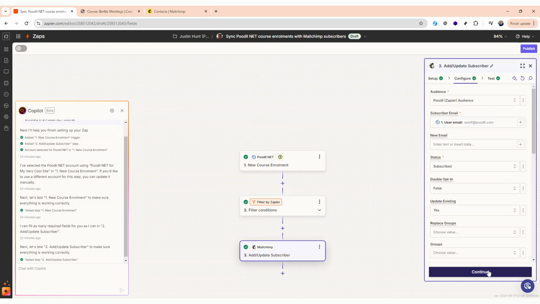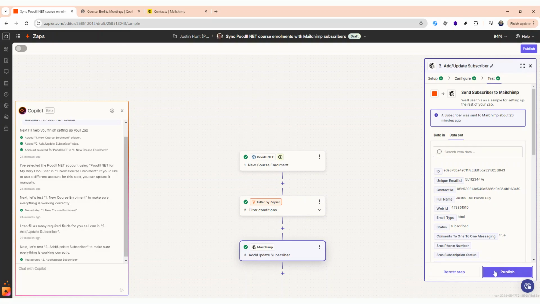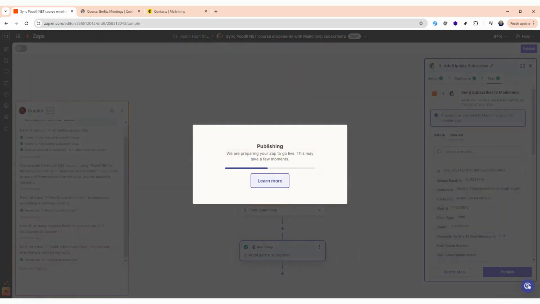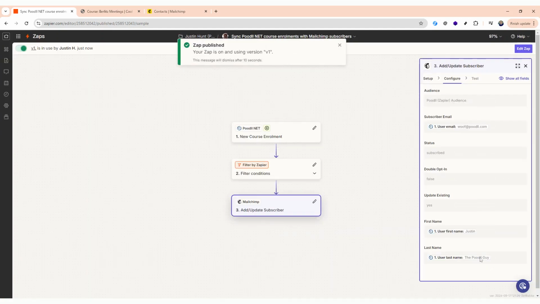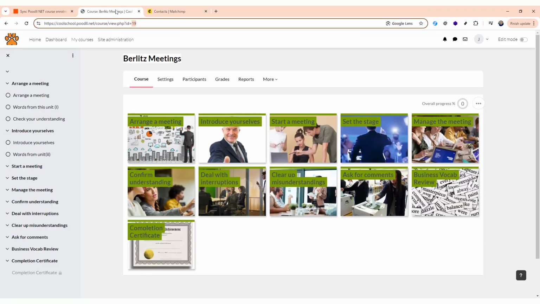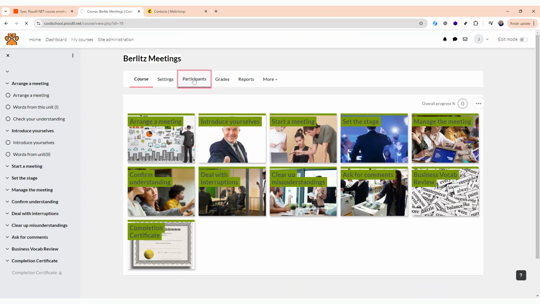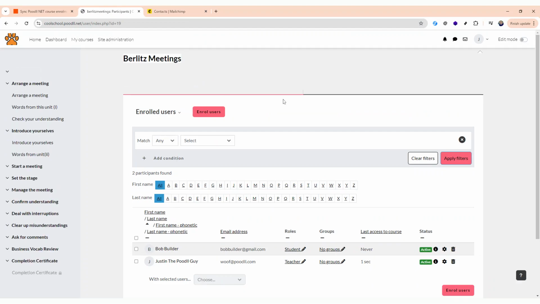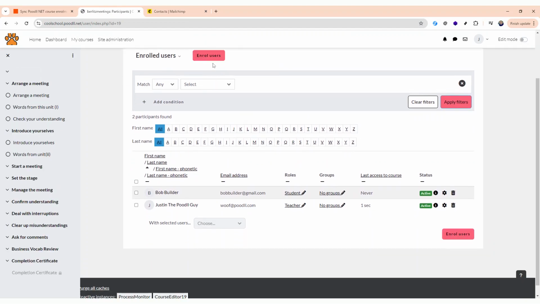And without testing, I think we're just going to publish this. So let's just go through and publish that. Okay, so that is on. So now any new course enrollment in the Bullets meetings is going to be passed on to MailChimp, and they're going to be added as a subscriber in our MailChimp list. So let's do it. Let's enroll a user into the Bullets meetings course. So go to our participants in Moodle, click on Enroll Users,